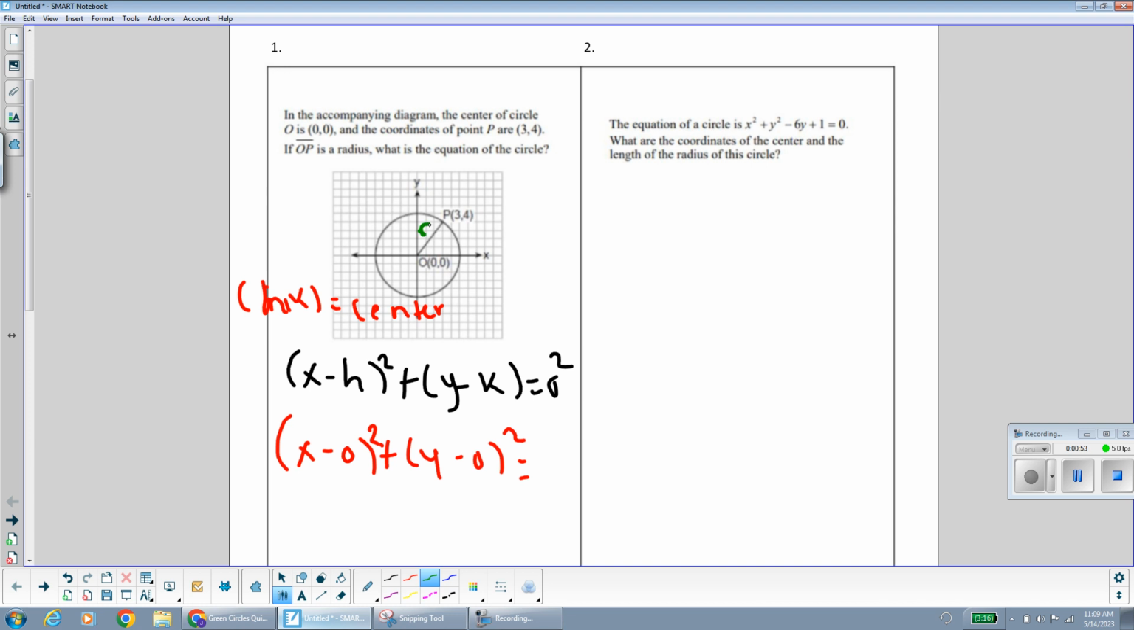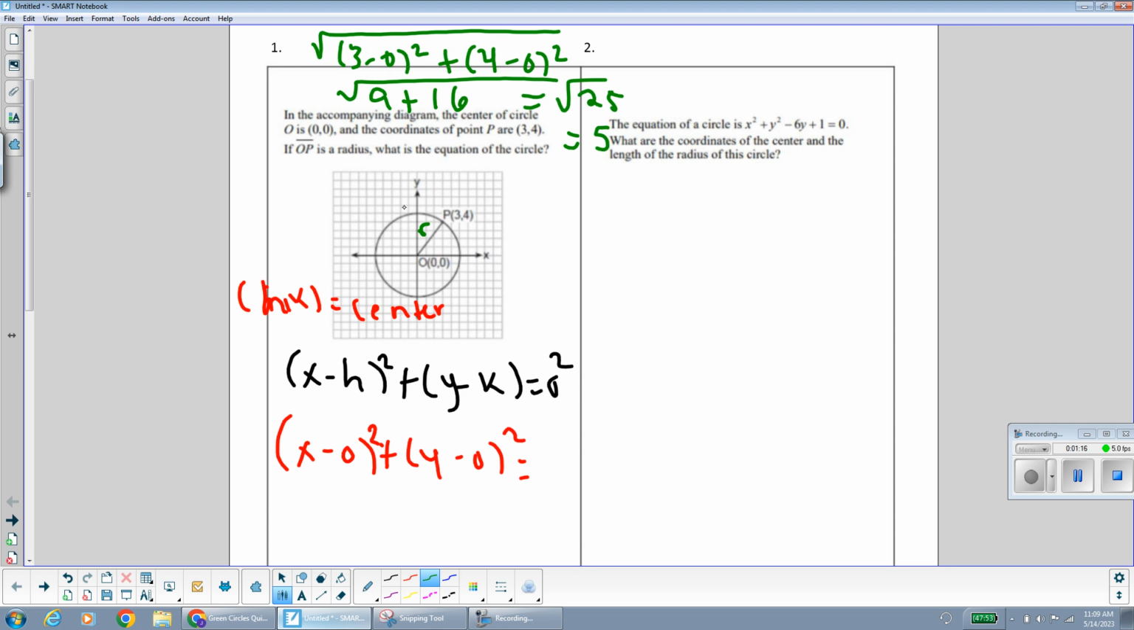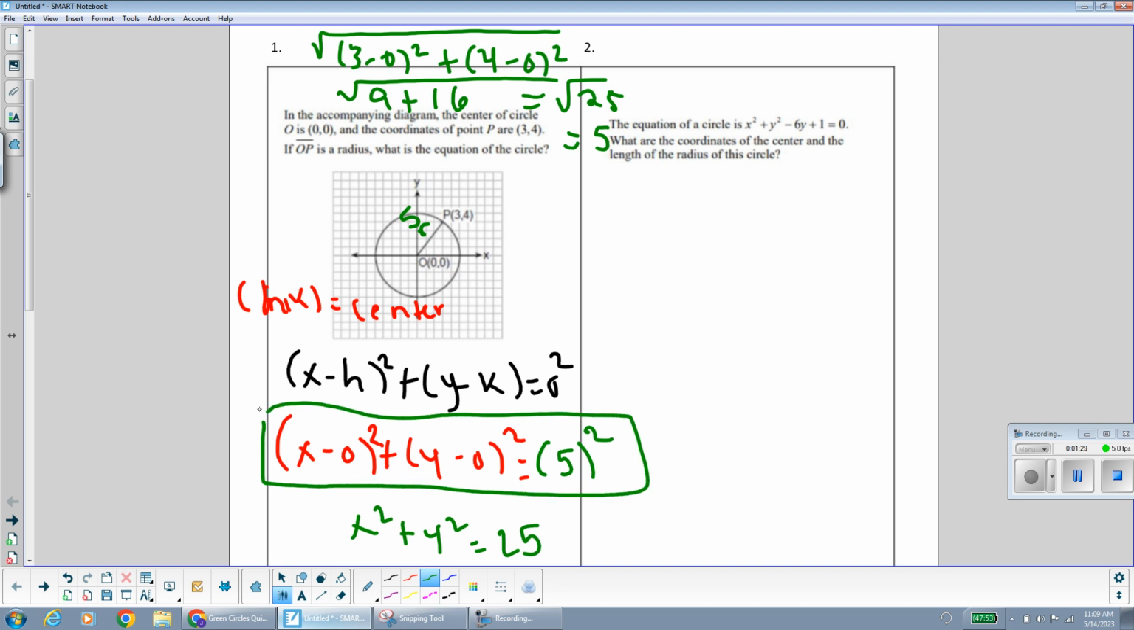So I just need to find the measure of this line segment over here. So I'm going to do that using the distance formula. So I'm going to do that up here. So x2 minus x1 squared plus y2 minus y1 squared. That is 9 plus 16. That is radical 25, which is 5. So the radius is 5. So that would be 5 squared. You can also write this as x squared plus y squared equals 25, and that is equivalent. So either this over here or this over here, both of them are equivalent, and they would both be full